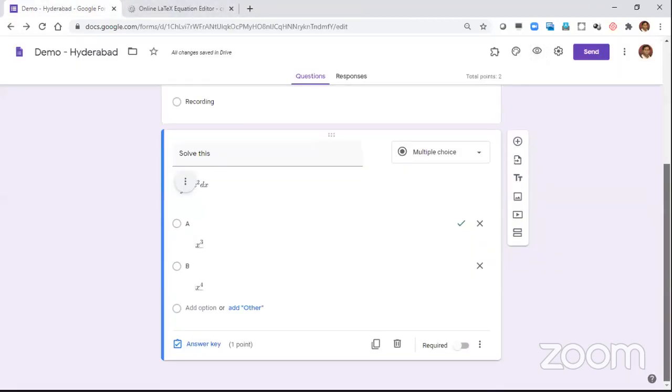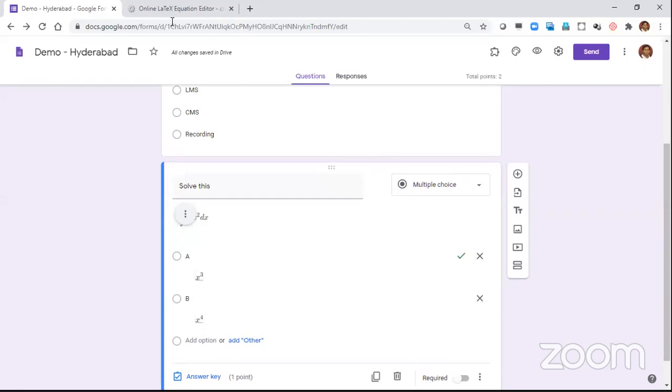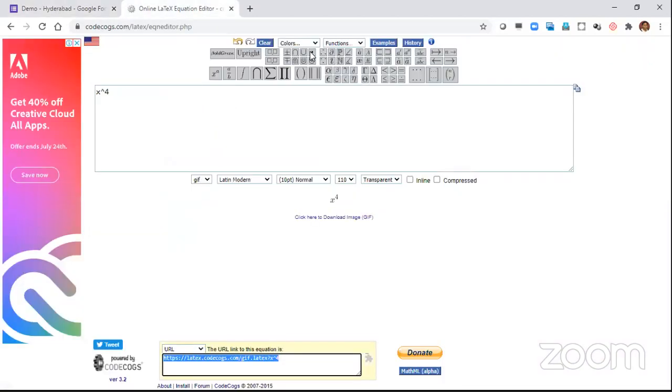So the intention of telling this is you can add any type of equation as I have told you, integrals, a by b. So many formats are there. Square roots. Please explore it. With limits, integral with limits. So you can see, I'm just trying to show you a few of them that are available.